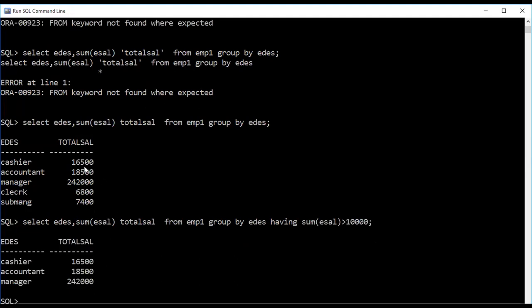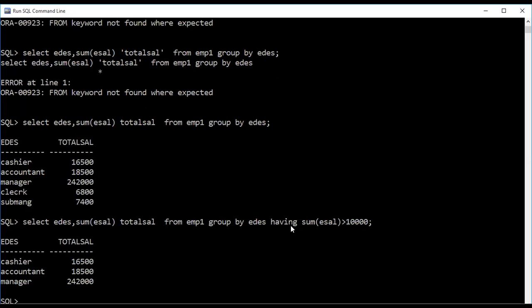So 16,500 is greater than 10,000. Yes. 18,500 is greater than 10,000. Yes. 2,42,000 is greater than 10,000. Yes. Is 6,800 greater than 10,000? No. So these 2 rows are not coming. That means this HAVING clause is used to apply conditions on a GROUP BY table.